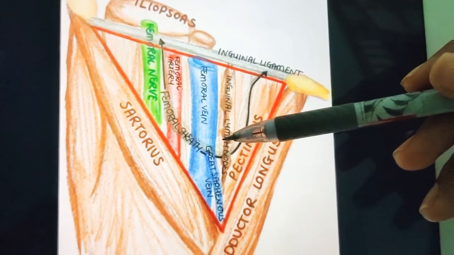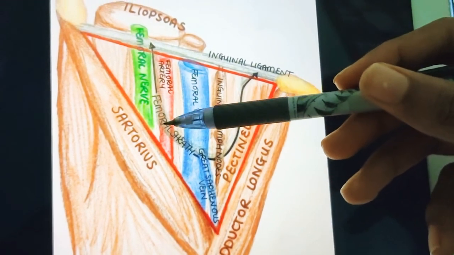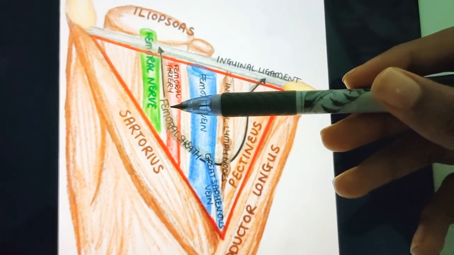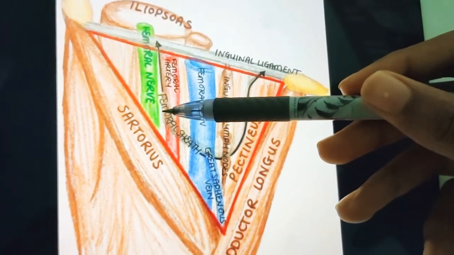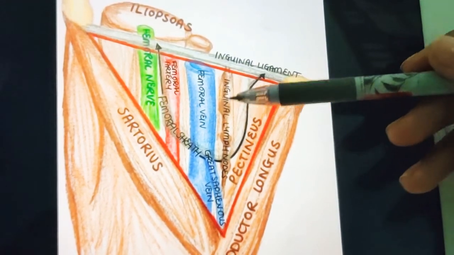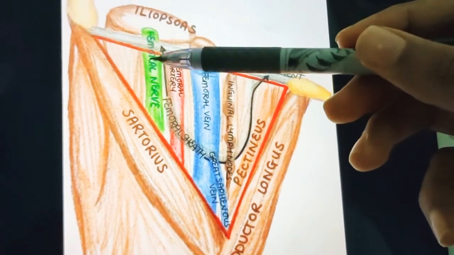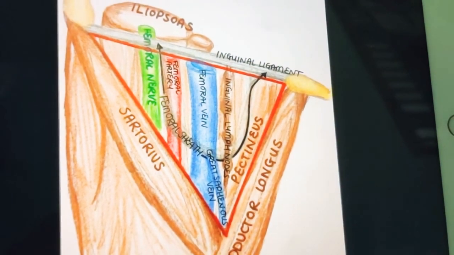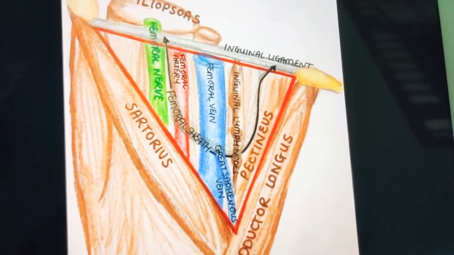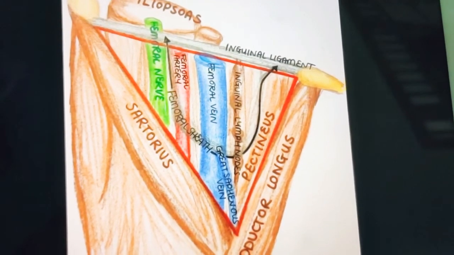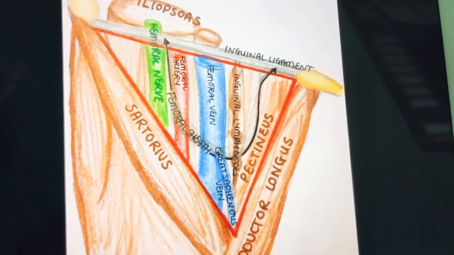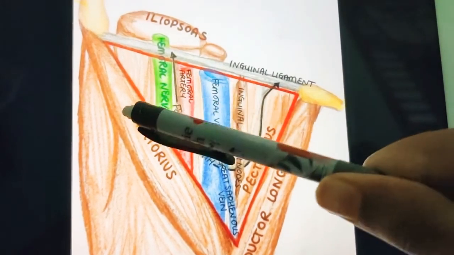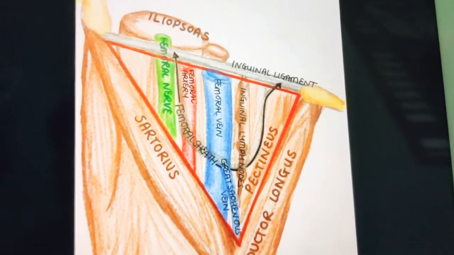Now the femoral sheath: you can see here it's drawn in a brown color. This is the femoral sheath. This sheath encloses the upper 4 cm of the femoral vessels. Always remember that the femoral sheath only encloses the artery, vein and lymph nodes. But if you see, the femoral sheath is not enclosing the nerve. It is left alone, and it's feeling so sad that it's not a part of the femoral sheath. So the nerve is alone, but the vein, artery and lymph nodes are all together by means of a sheath, a best friend, the femoral sheath. It is hugging these 3 structures: the femoral artery, vein and also the inguinal lymph nodes. It left alone the femoral nerve. So like this you can remember this.